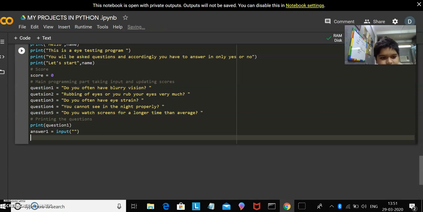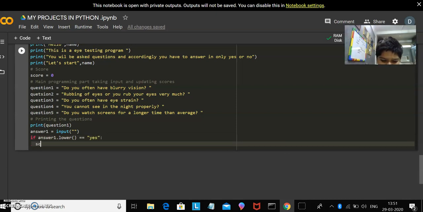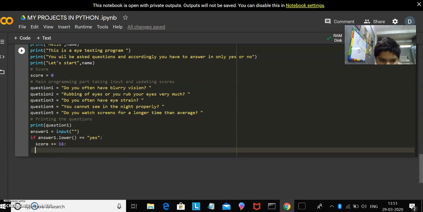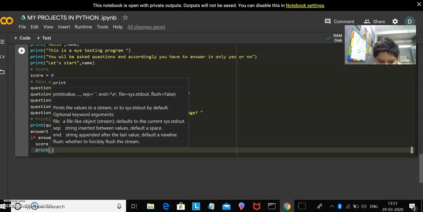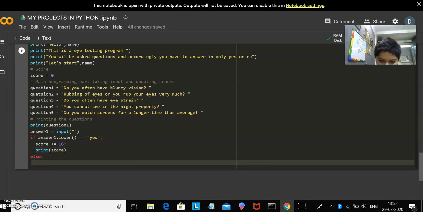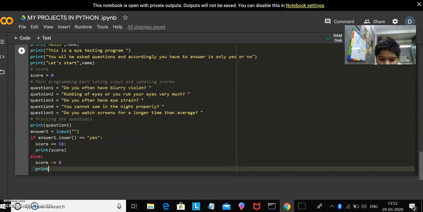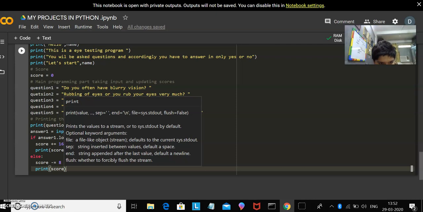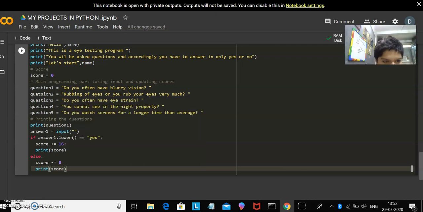So let's start. So if answer 1 dot lower is equal to yes, score plus is equal to 16, print score, else score minus is equal to 8, print score. So now the question in your mind would be, why have I used the dot lower and why